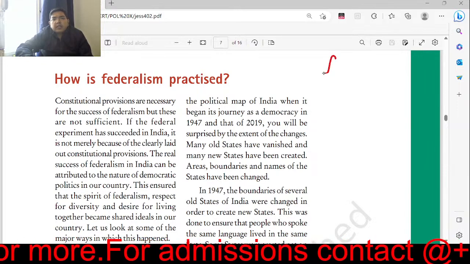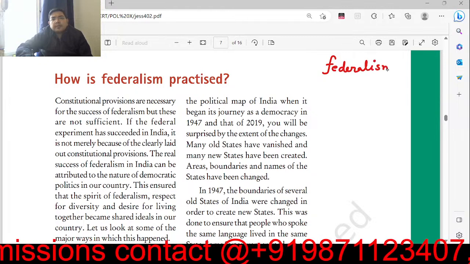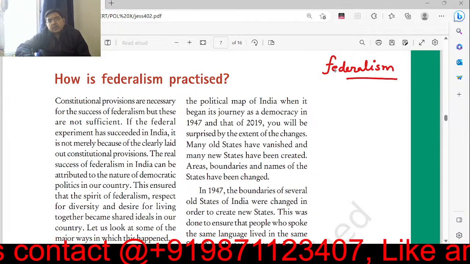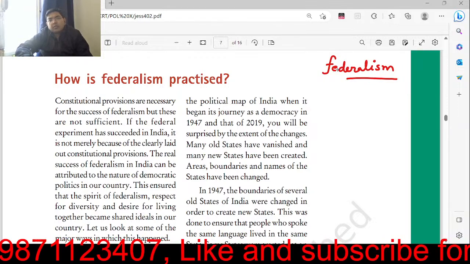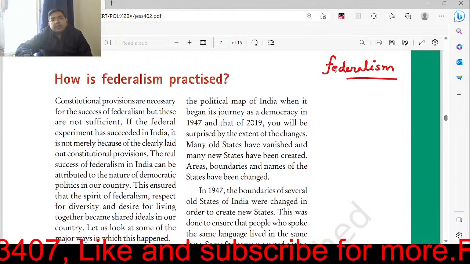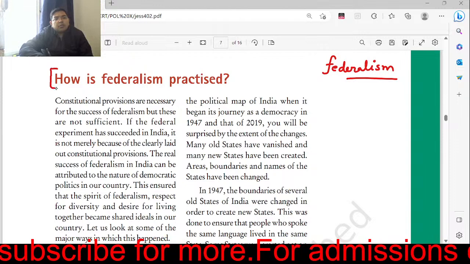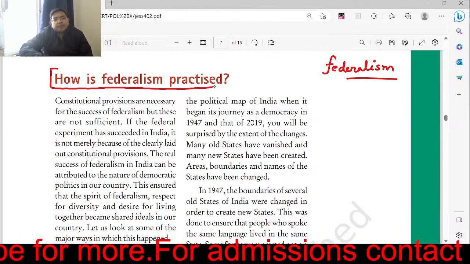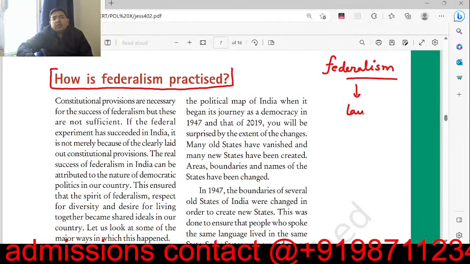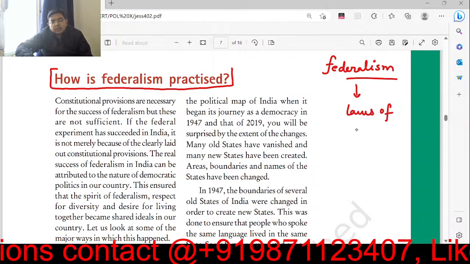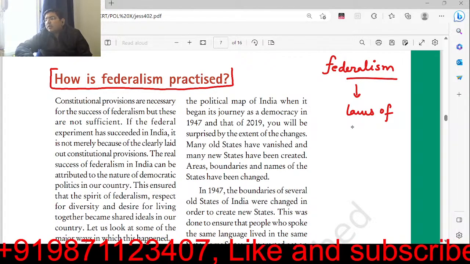So what we did yesterday is we discussed various features of federalism. What is federalism, what is its definition, what are the features, how it is being practiced all around the world, and different features of federalism which are there in India. Today we have to talk about how this federalism is practiced in India, because having laws of power sharing is good, but how we actually practice federalism is more important,